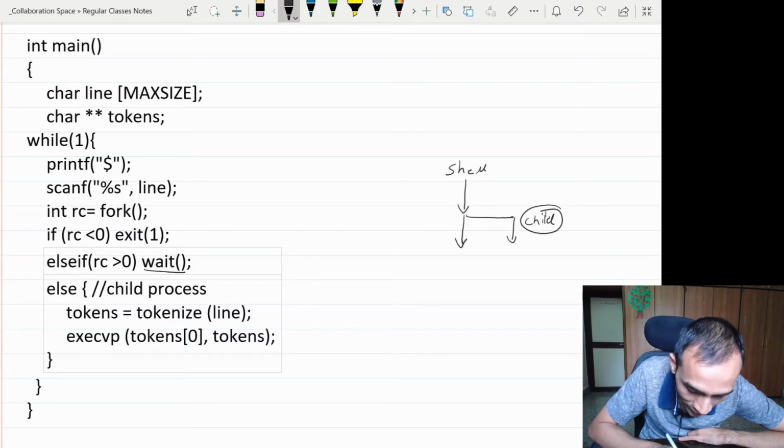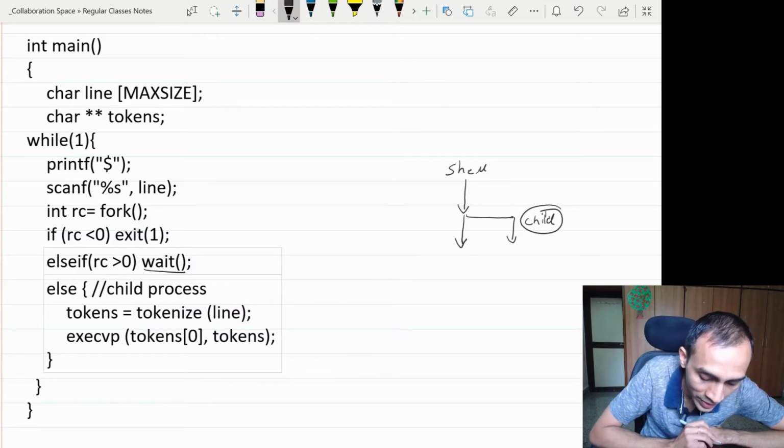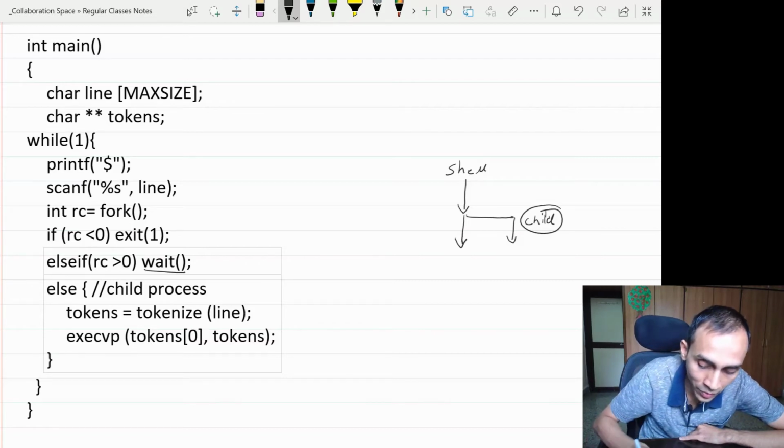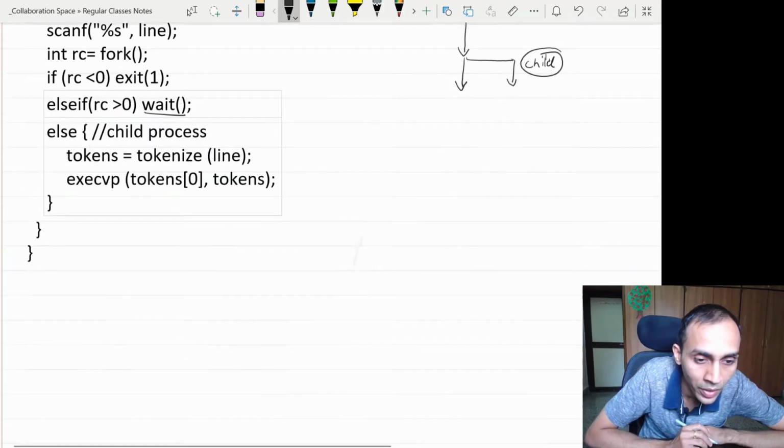Only because we have put wait here, that's why some dependency is coming here. It will wait till the child finishes. If you don't put wait, it will be again available for executing a new program. It will go back to the while, and wait for the next command to come. So for example, if you run the command as a background process, then you won't do a wait call here. You will just immediately go back to printf, and you will be ready for the new command to execute.